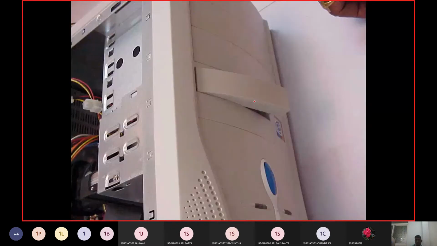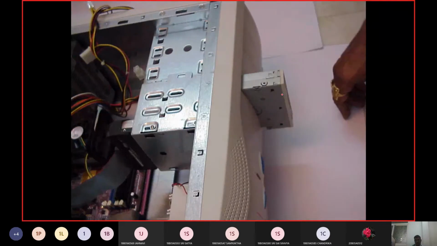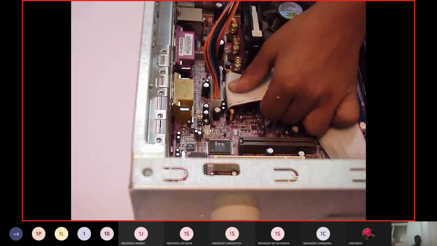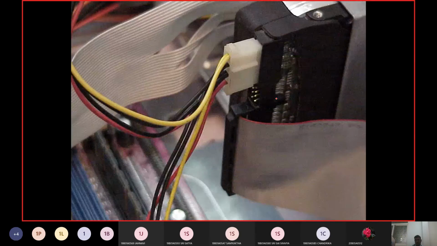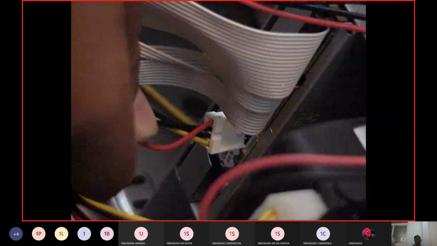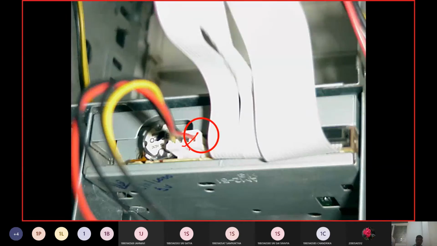Then you are installing the floppy disk. This is an old generation system. Nowadays floppy disks are not there, they have vanished totally. Similarly, we are going to have the power supply. First of all, we have given data transfer, then we need to give plus 5 volts, we need to give ground, we need to have the power supply. In order to have this power supply, we are going to link it with the connections. So this is all regarding the power supply position.